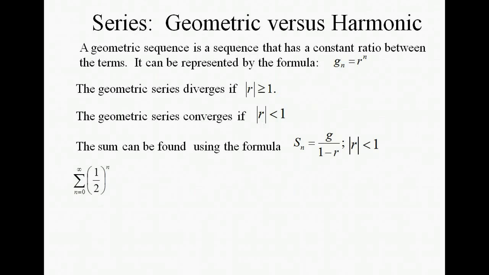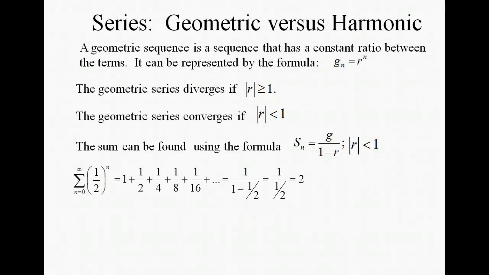Let's look at an example. 1/2 to the n would be a formula that would represent a geometric sequence. We want to find the sum of the terms of the sequence as n goes from 0 to infinity. Let's look at the terms of this sequence and the sum of those terms. Since we're starting at n equals 0, we have 1/2 to the 0, which is 1, giving us our first term in our sequence. We're going to add on the second term of the sequence, which would be 1/2, and then add on 1/4,